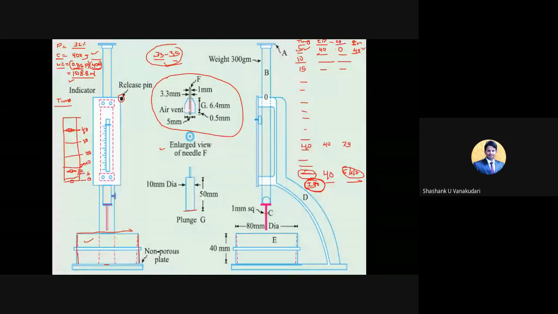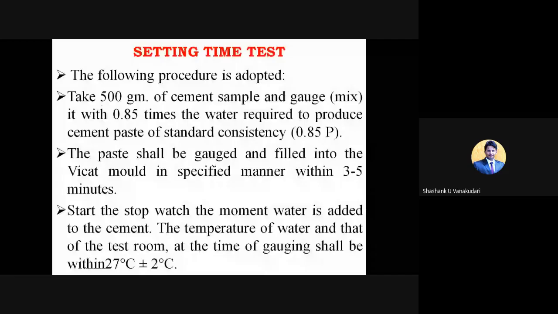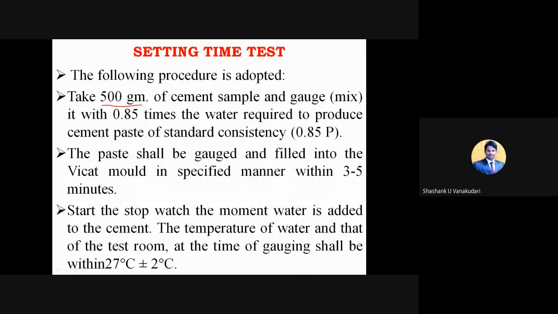Here they have taken 500 grams, and as per the 500 grams they mix the cement paste, so the water content will vary. Here for 400 gram you have taken 108.3 ml, correct? The same thing when you take 500 gram, the water content will change, and when you take 300 gram, the water content will change. As per the known quantity of cement, the water will change, but the cement paste will have the same consistency. So here 0.85 times the water required for initial setting time, and the mixing time they have given is 3 to 5 minutes.